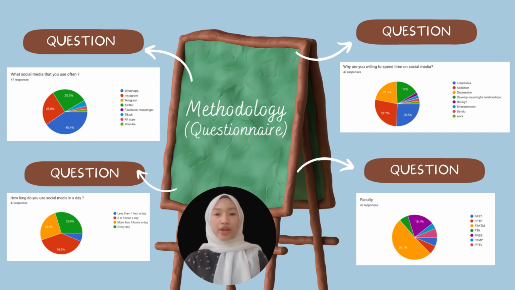Through the questionnaire, in this figure which was obtained from the respondents, the majority of respondents state that they use social media 2 to 5 hours in a day, followed by 14 respondents who state that they use social media every day, while 12 respondents state that they use social media more than 6 hours in a day, and finally, the remaining 3 respondents state that they use social media less than 1 hour in a day.